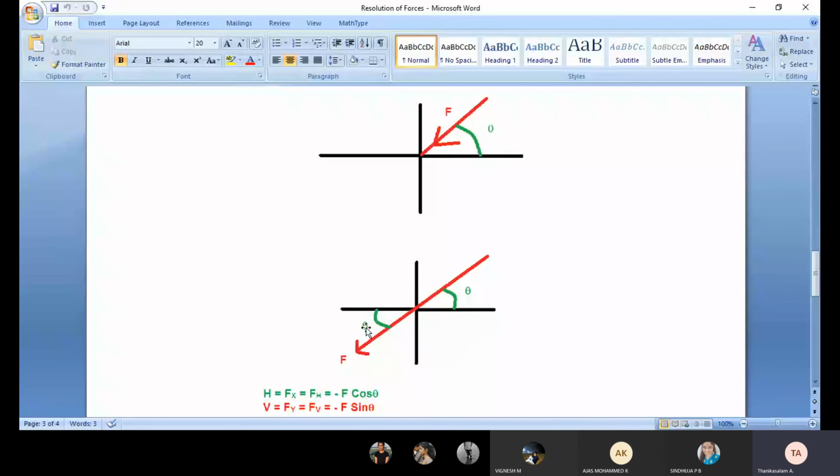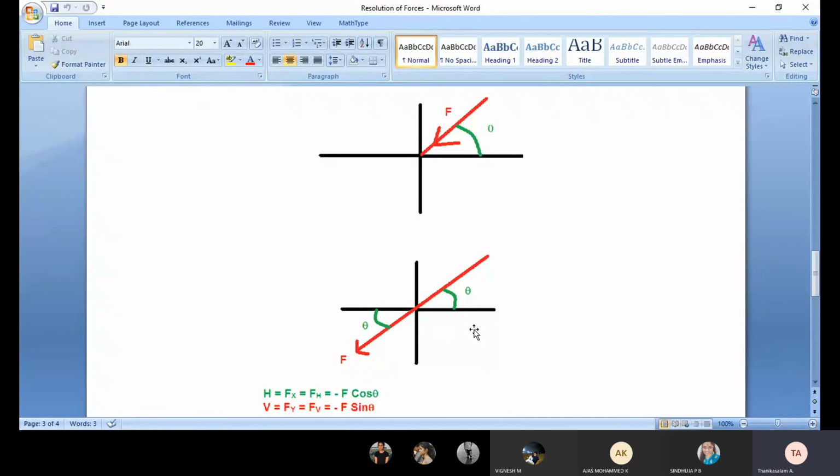There is an alternative angle that is equal. Yes, is that correct? Yes, sir. But the opposite angle is equal. That's why this force goes to the third quadrant. You have to project it into the third quadrant, and theta is also with respect to the x-axis. Again, in this projected angle, it is also with respect to the x-axis.